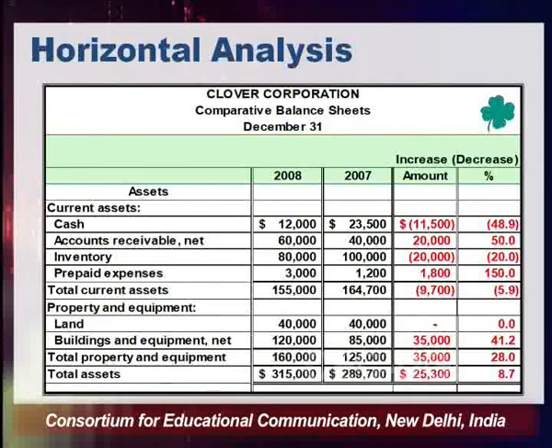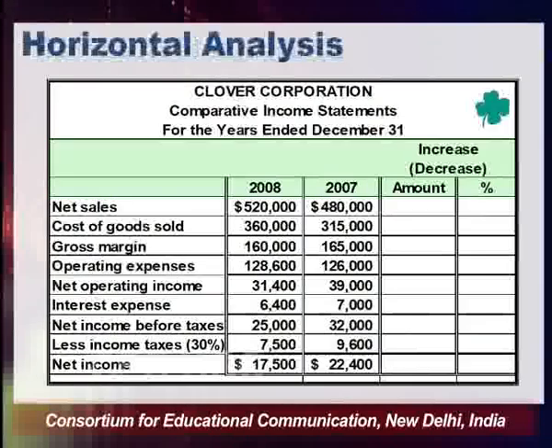So far we discussed only the process part, right? We did not discuss how to draw inferences. Now if we move with the same example of Clover Corporation, we can carry the comparative analysis for the second half of the balance sheet, right? If you use these values, you subtract the previous year from the current year, you will get the amount, and in the last column you can express the percentage.